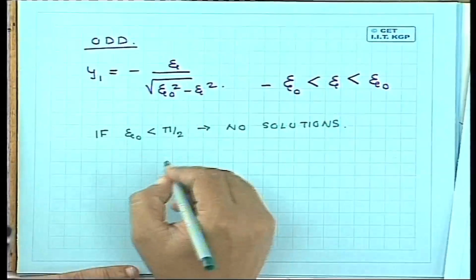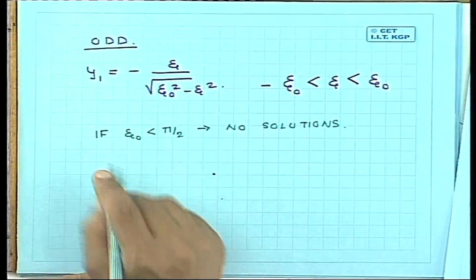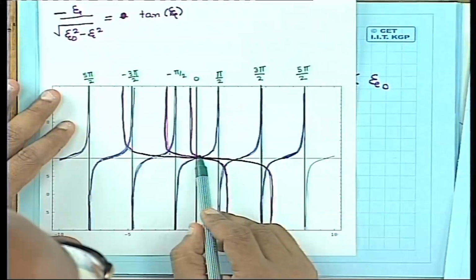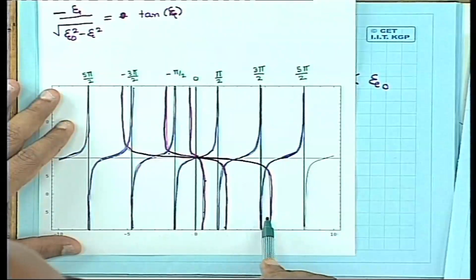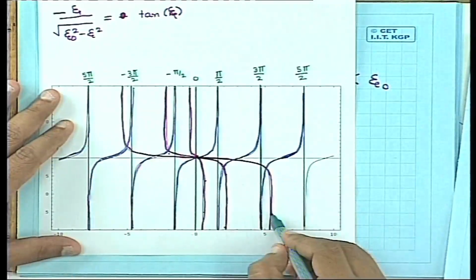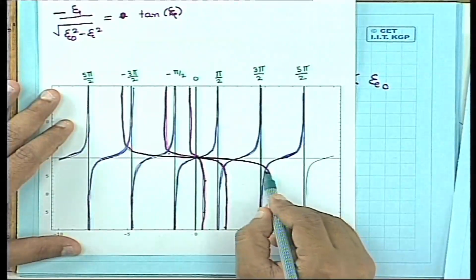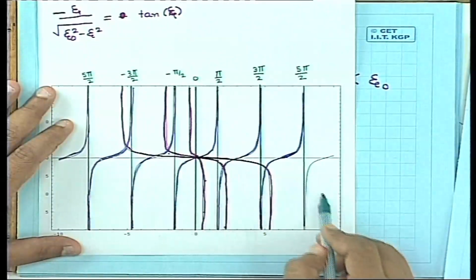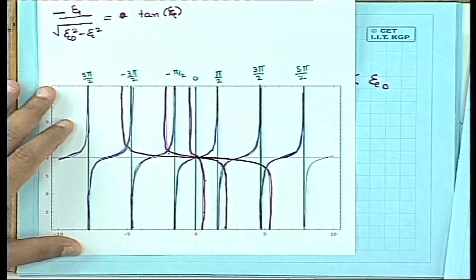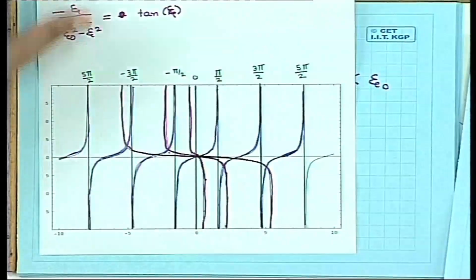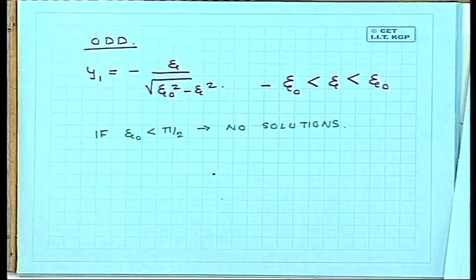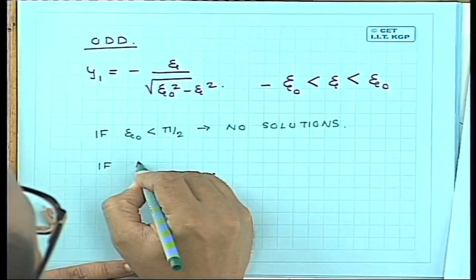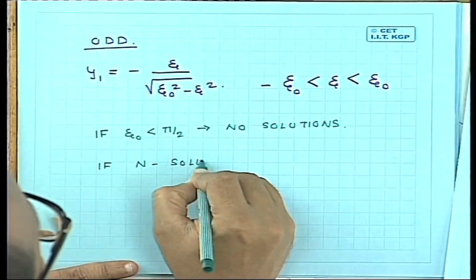So once xi naught crosses pi by 2, you get the first solution. Then if it crosses 3 pi by 2, you get another solution. If xi naught crosses 3 pi by 2, it has one more intersection with tan xi. Then if it crosses 5 pi by 2, you get another intersection with tan xi, and so forth. So if there are n solutions,